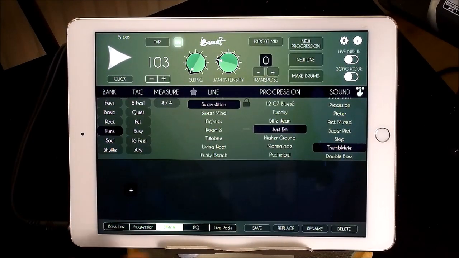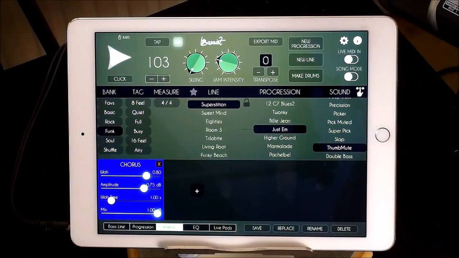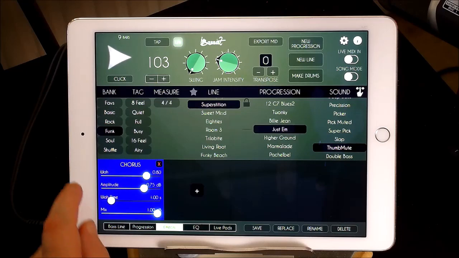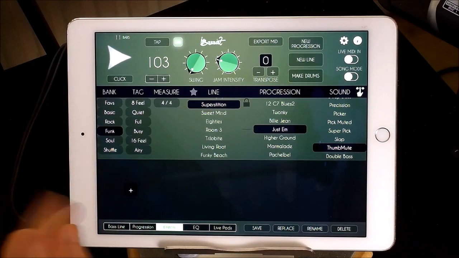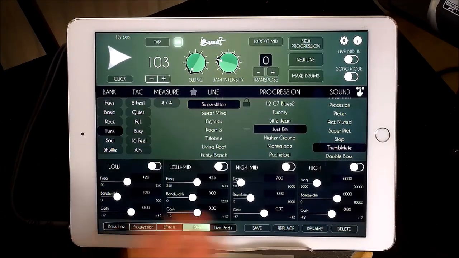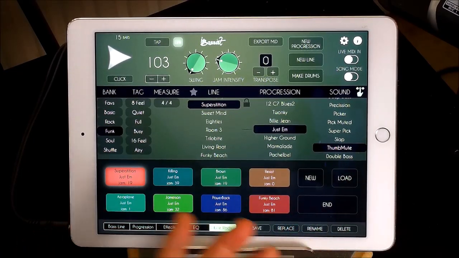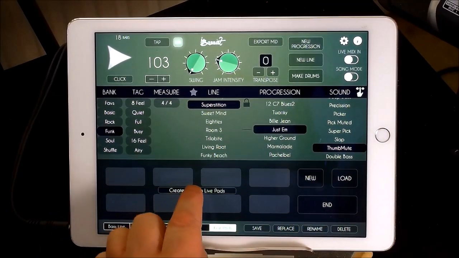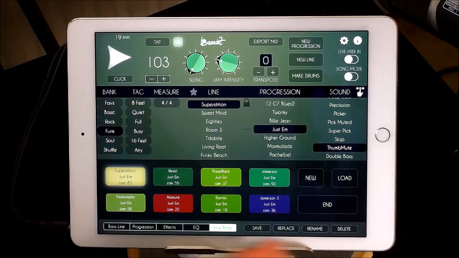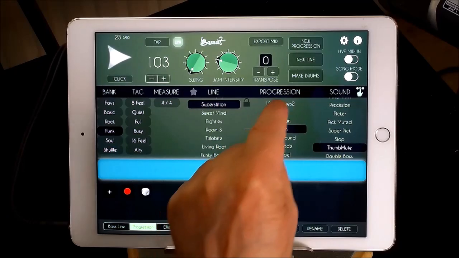then you have a full effects bank where you can just choose, or you can just remove it. You have full EQ. And then you have the very cool live pad setting. So you could save this kind of thing, or you could choose new, just hold, let go, and it'll create a whole new set of live pads already based on just E minor, just the progression here. But if I change progression,